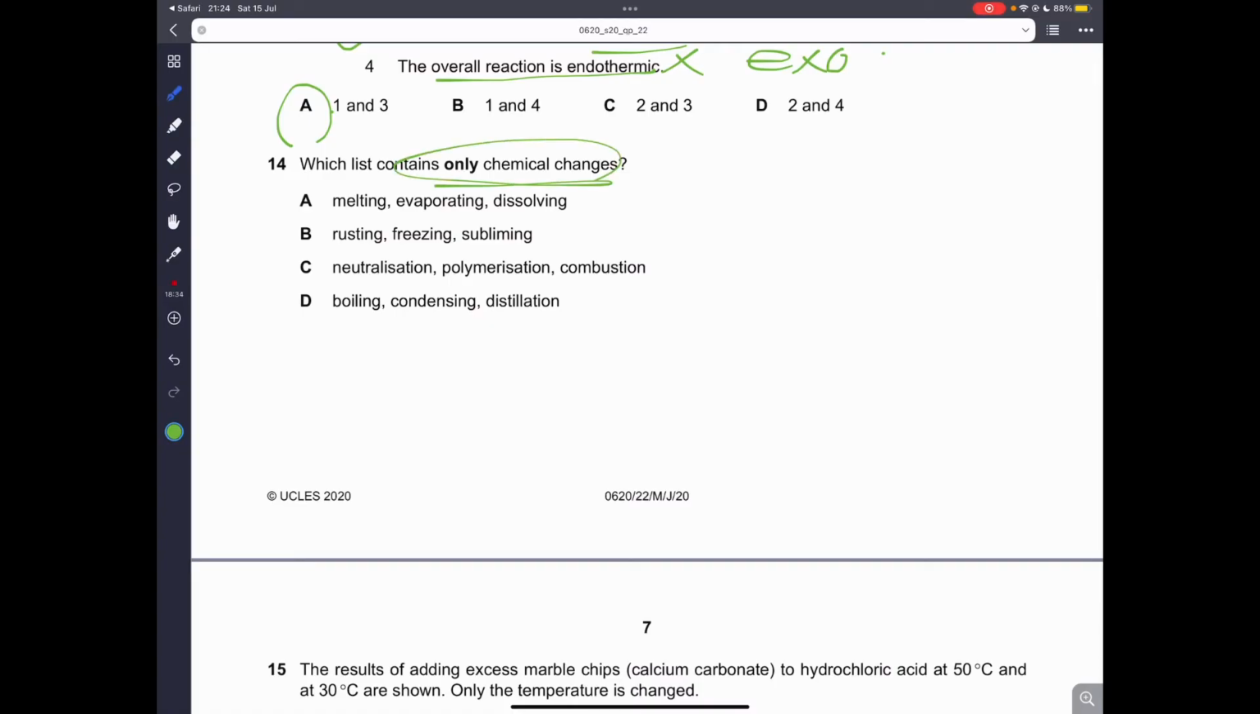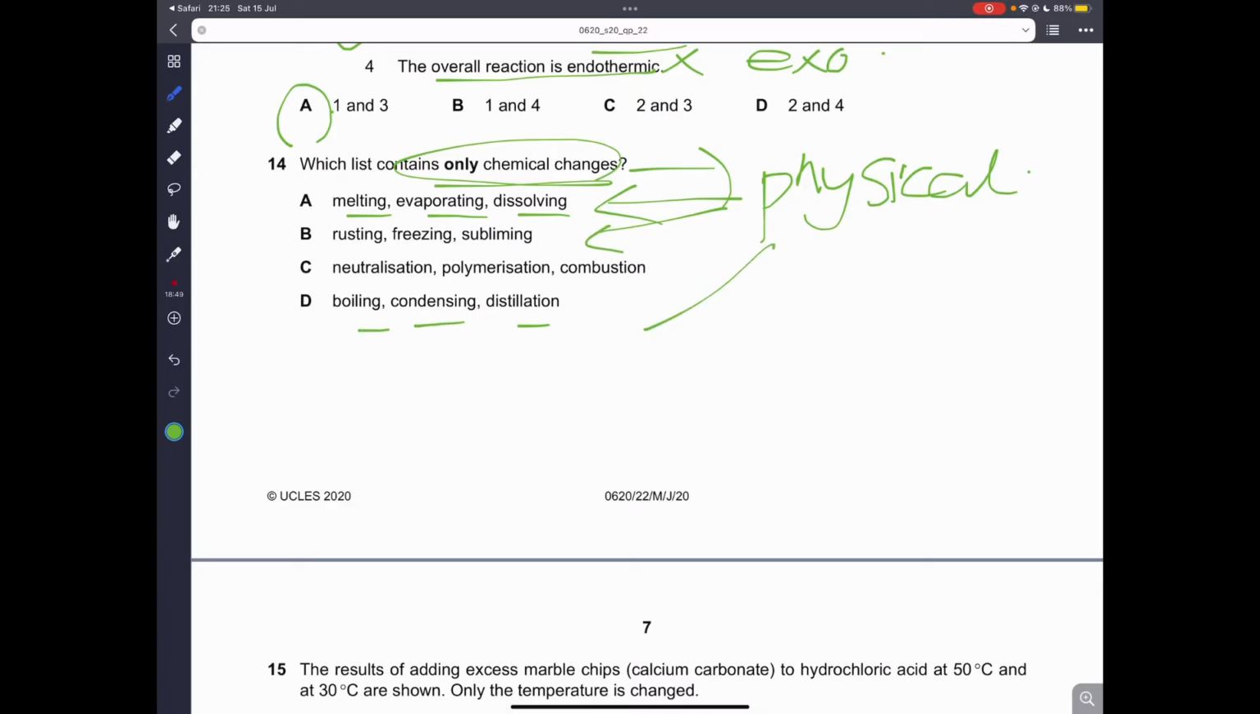Okay, chemical changes. There's also another thing called physical changes, and you have to distinguish between them. So melting, evaporating, dissolving is a physical change. Rusting, freezing, and subliming is also a physical change. Boiling, condensing, and distillation is also a physical change. However, combustion reactions involving